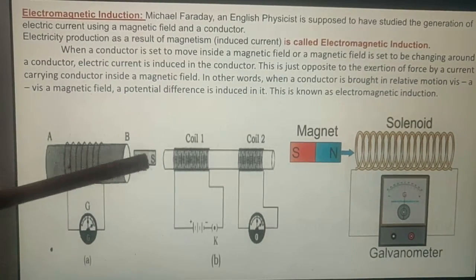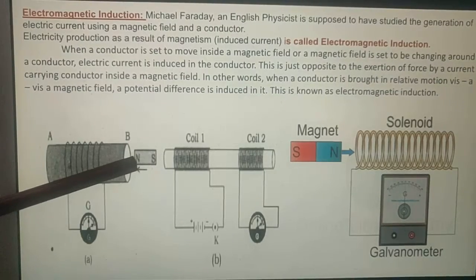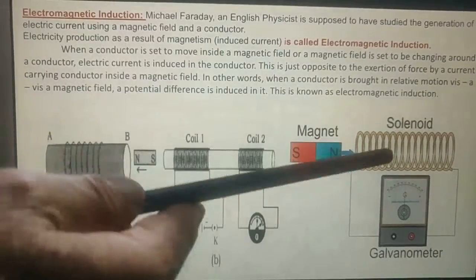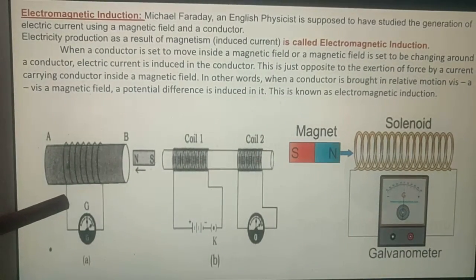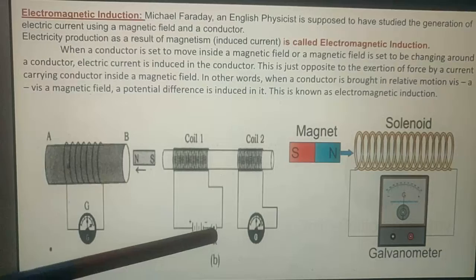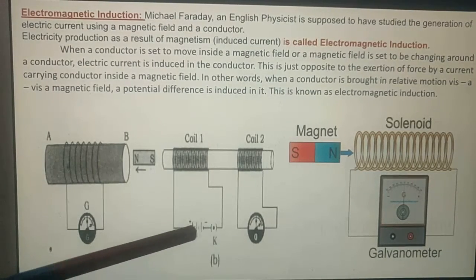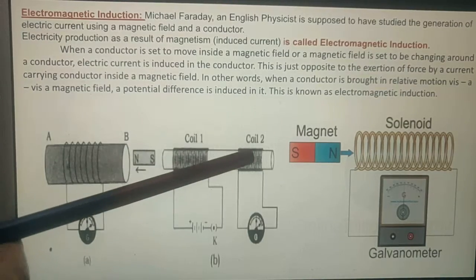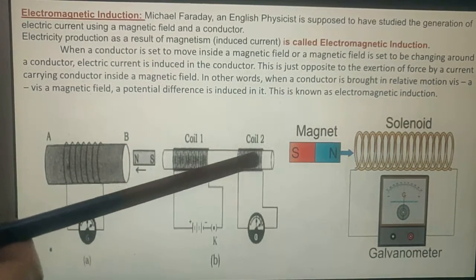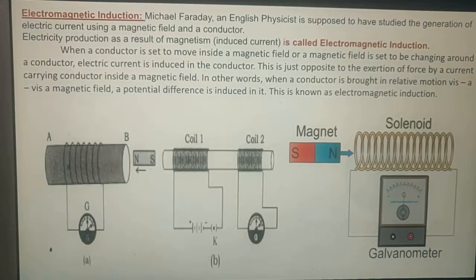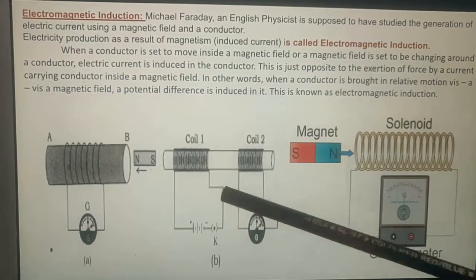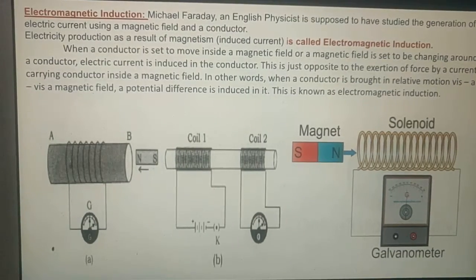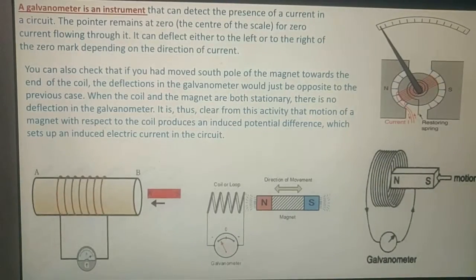Similarly, here in this way, you can see the north and south pole magnet is going to be inserted into this. This is also the coil. Here it is well illustrated. Here it is diagrammatically shown. And in this case, this is attached with the battery. This is coil 1. Coil 1 will induce current in coil 2, and this can be seen by the galvanometer. These two are not connected together, but still there will be induction of current.